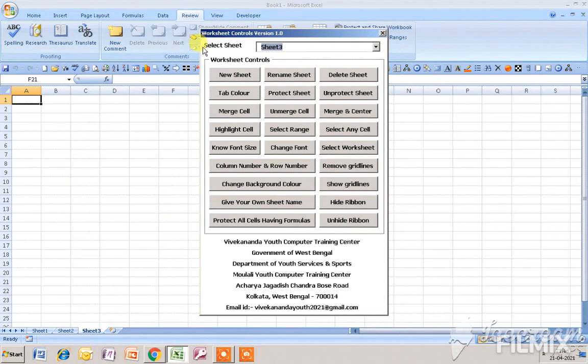Okay, so from the select sheet option, you can't see the worksheet that I renamed, that is purchase. I have deleted it. Okay, now the next option is tab color. Suppose you want to change the tab color. I want to change the tab color of this particular worksheet, that is sheet 3. So if I click on this button, that is tab color,